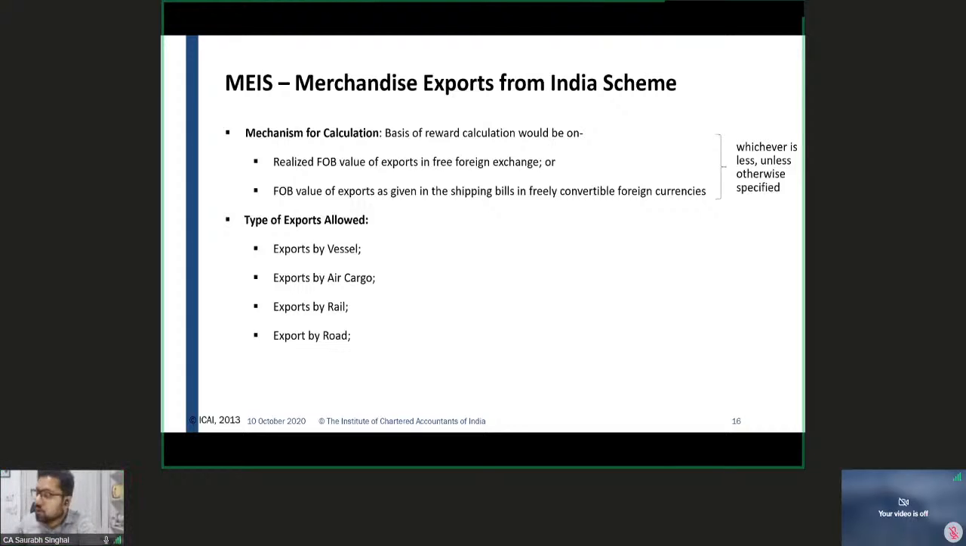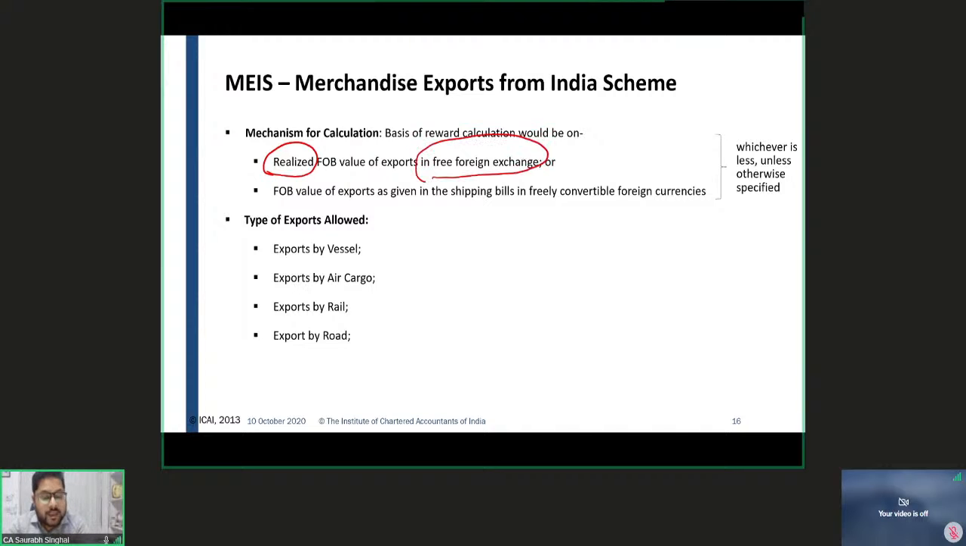Now, how do you calculate this benefit? As we saw in the schedule in Appendix 3B, it was 7%. But 7% of what? 7% of realized FOB value. Mind this, it is realized FOB value. It is not just that you have to export, you have to realize the money of exports in free foreign